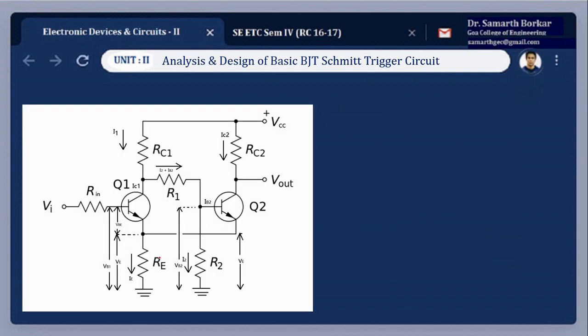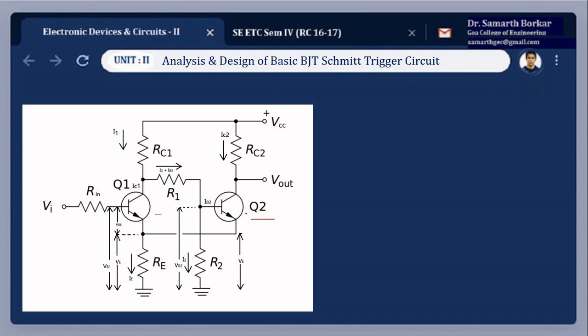So here is the circuit diagram. Now let us try to analyze the operation of this circuit. You can make out there are two transistors, transistor Q1 here and transistor Q2. Both these transistors are of type NPN. These two transistors are to be identical. If we use BC107, then both these transistors are to be of same type, same specification, that is BC107 or CL100 or SL100 and so on.